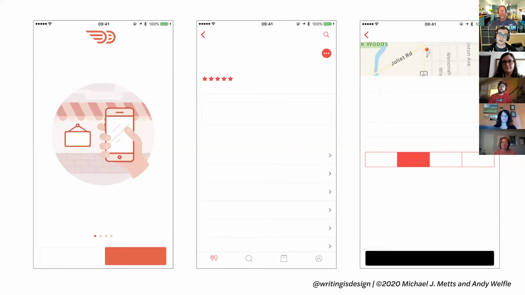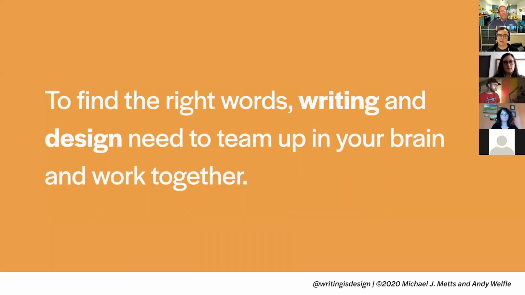And honestly, it goes the other way too. Often without flows and designs and structure, words are not super usable. So in our jobs, we're going to talk about UX writing a lot. We really try to divorce the roles from the responsibilities. There's a big debate over what is UX writing, what is content design, content strategy, UX content strategy, all of those. We're going to be talking about writers on a design team and just keep it simple that way. So in the jobs that we're doing, we really need to team up writing and designing in your brain to work together. I'll get into an example in a bit of what that means.